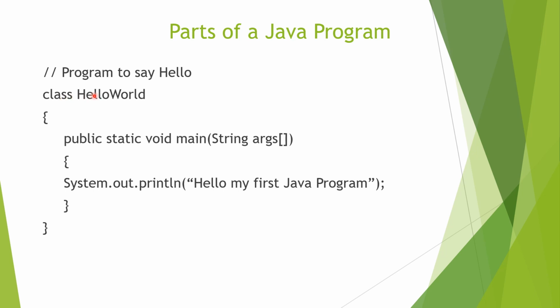Fine. And in Java, I told you two types of Java programs are there. One is application and another is applet. And we will focus only on application. So this is an application program. And every application program we make within a class. So the first word we will always use is class, then the class name. Any name you can take, but it should be relevant.